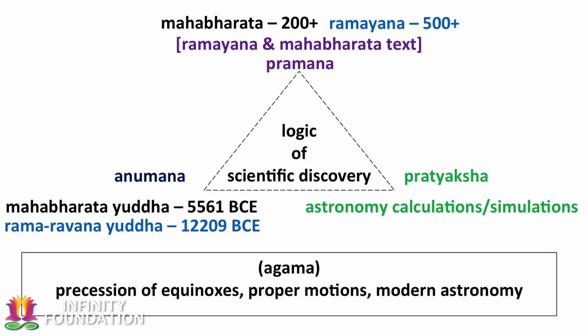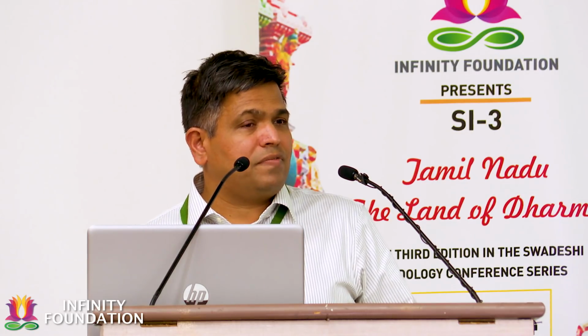Now, I know some of you are going to fall from your chairs, so hang on to them. How did I come to these conclusions? Obviously, using the same method that we described, the method of science: Pratyaksha, Anumana, Pramana, Agama, Pramanani. I started by listing all the astronomy references from both epics, Ramayana and Mahabharata. In the case of Mahabharata, more than 200 specific references. I objectively tested them using mathematical calculations, astronomy software, and many other things, to arrive at 5561 BCE as the year